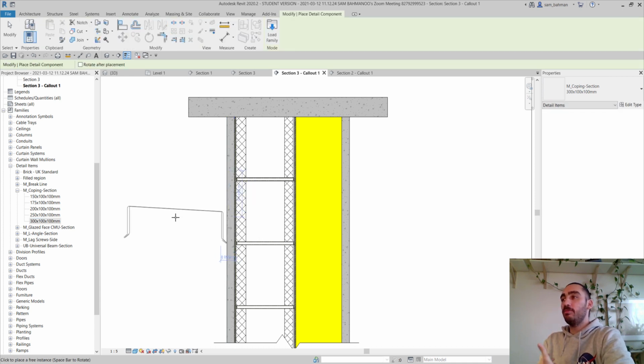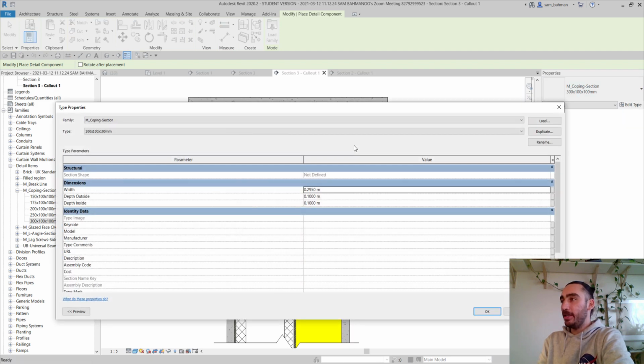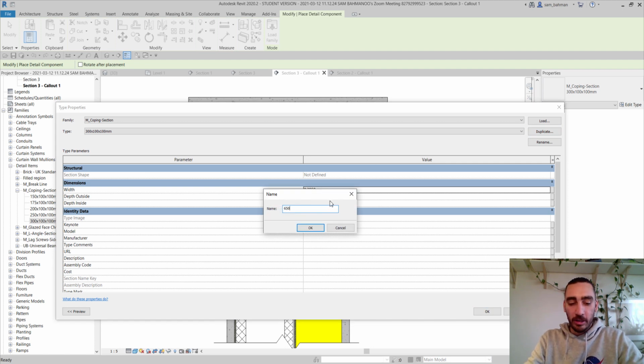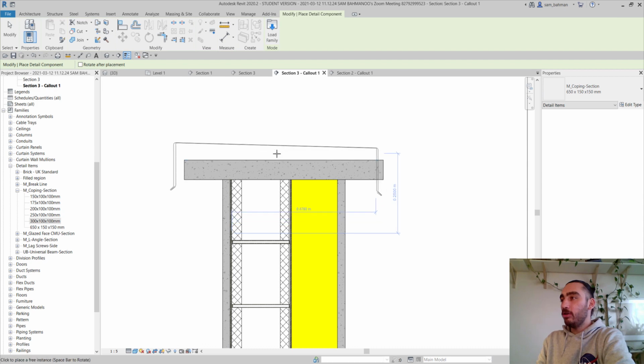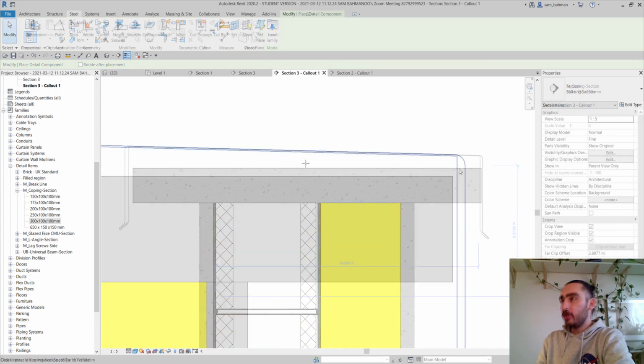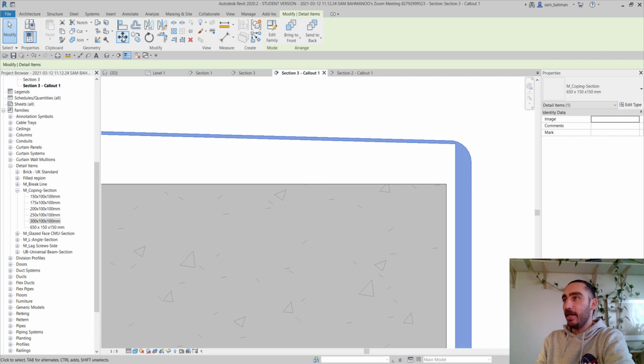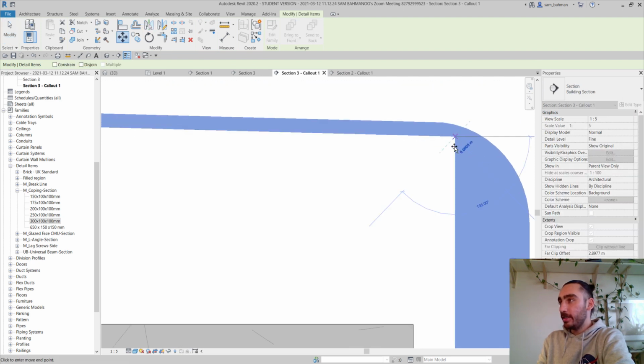However, we need to match the size that we need to use in this detail. So I'm going to click on Edit Type, and then click on Duplicate. Make sure to put it as the size that you wish to have: 150 times 150 millimeters. Then I'm going to click on OK and start to reflect the same values on my dimensions. Click on OK, and now you will be able to place your aluminum flashing. So now what I can do is select that and make sure that it's perfectly placed where it's supposed to be,